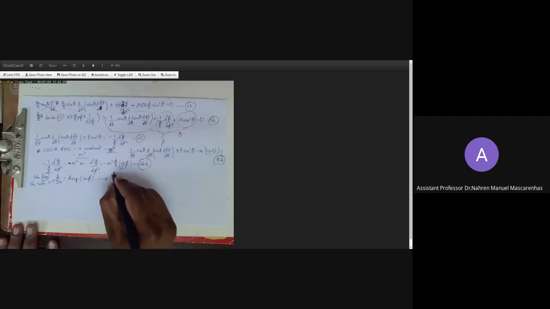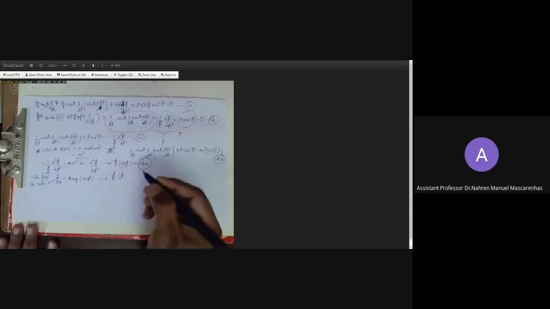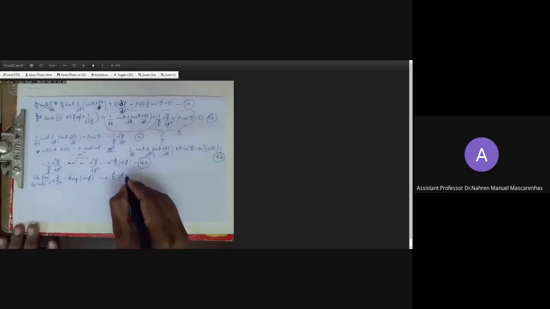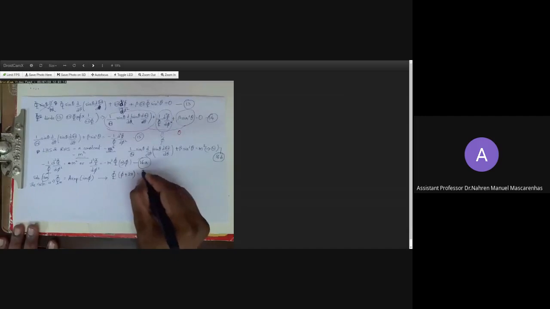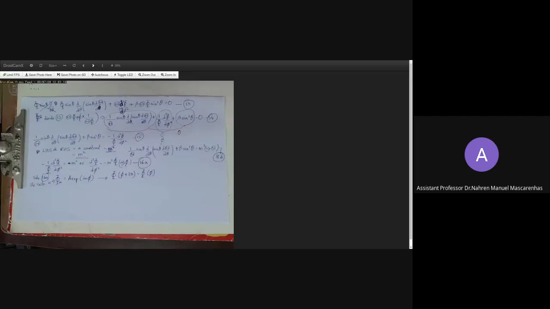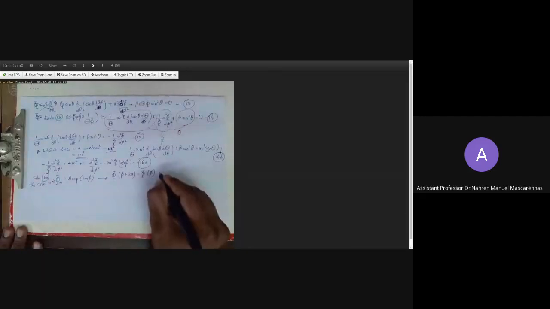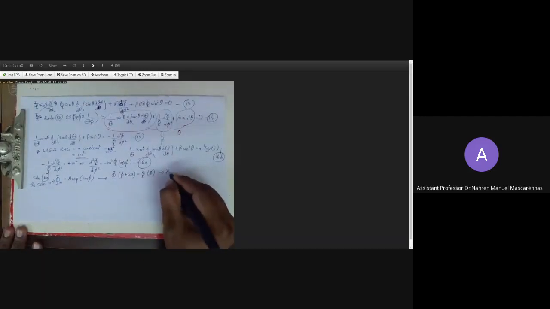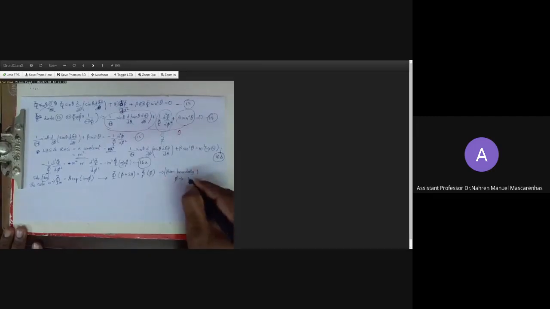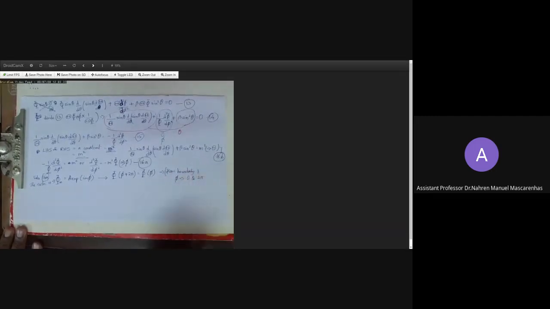That is when we put capital phi as psi plus 2 pi, we know that this will repeat itself. Because it's periodic, as per the boundary condition, it should be like this. This is the boundary condition. Why? Because psi can vary from 0 to 2 pi, and 2 pi is equal to 0. So that means, hence,